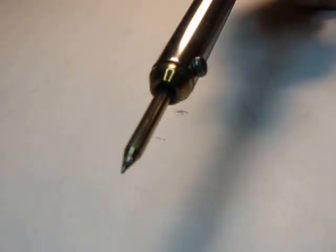A lot of people start off with something like this. This is a Radio Shack iron. I just bought this brand new at the Radio Shack store yesterday, because I don't have one. I'm going to clean the tip on this thing, and then I'm going to show you why I don't have one. And as soon as I get some solder out, I'm going to...